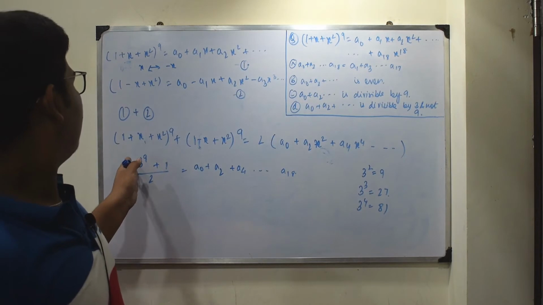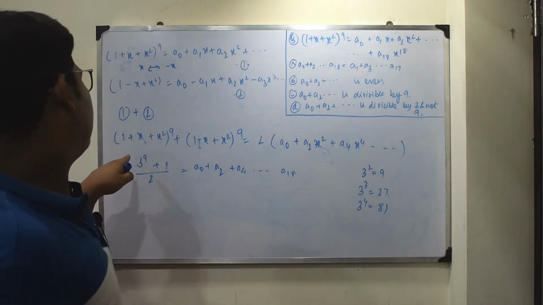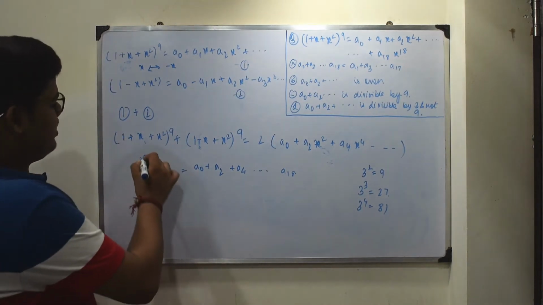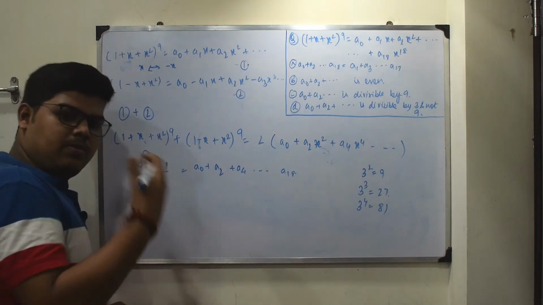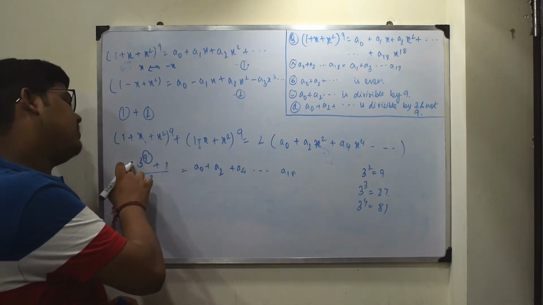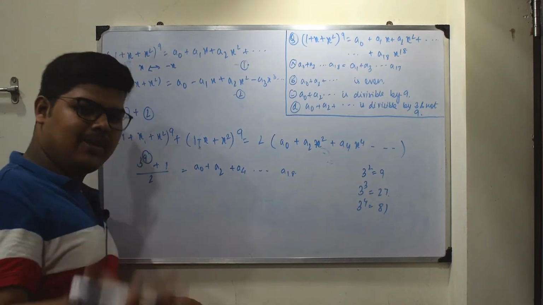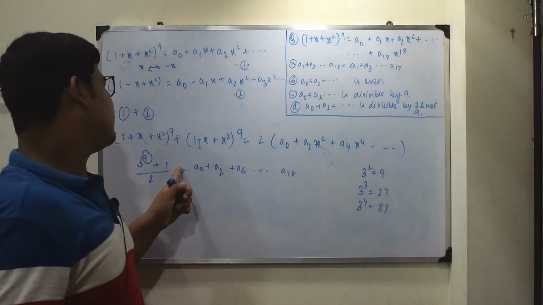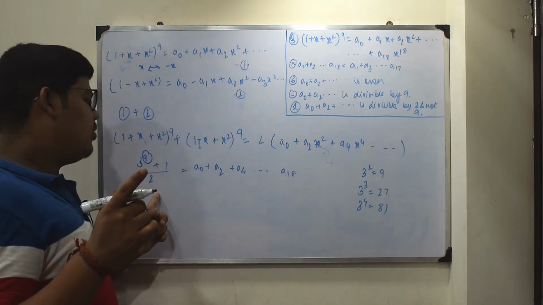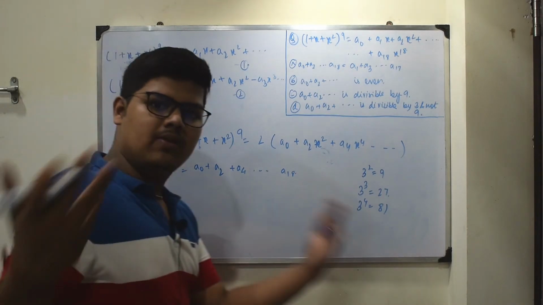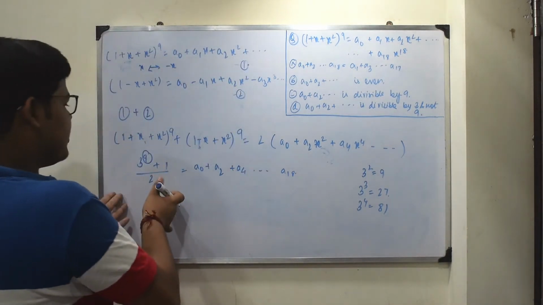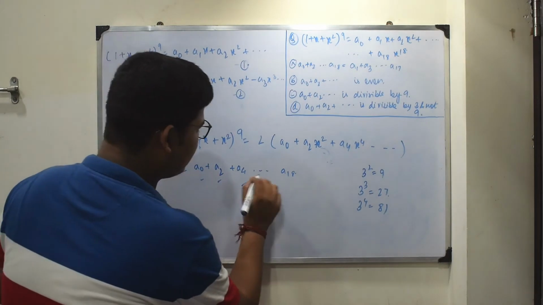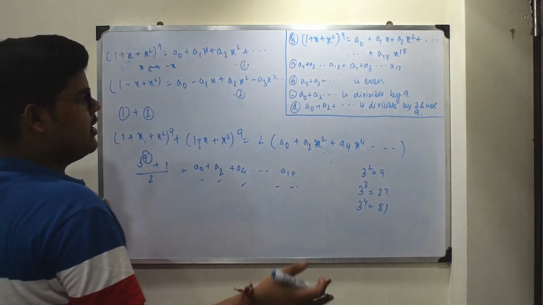So 3 to the power anything, here it's given 9, would be an odd number. Even if it had been 3 to the power 8, it would have been an odd number. So odd number plus 1 gives us an even number upon 2, and even by even is always even. So this expression, a naught plus a2 plus a4 dot dot dot, is even,